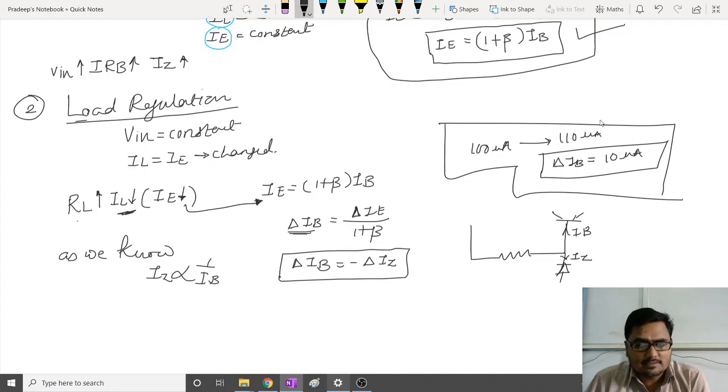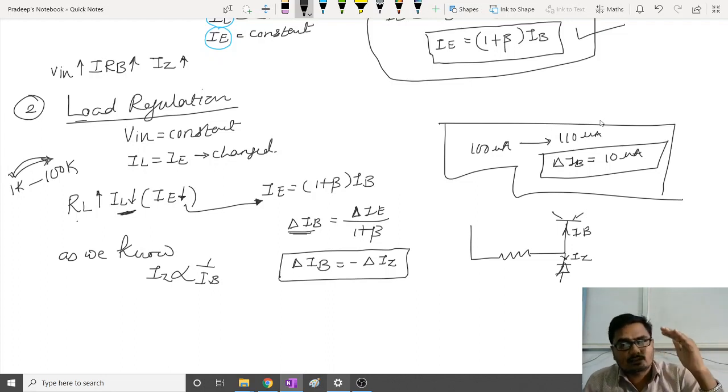अगर आप लोड रेजिस्टेंस चेंज कर रहे हो तो लोड करंट चेंज हो रहा है. So even if there is a large change in load current, is it? You have increased load resistance in a large value. For example, from 1K you have increased it to 100K. आपने क्या किया? 1K से उसको 100K कर दिया. So आपने large variation किया resistance में. So obviously there will be large variation in load current also. Is it not? Load resistance इतना move कर रहा है तो load current भी move होगा इतना ज़्यादा.